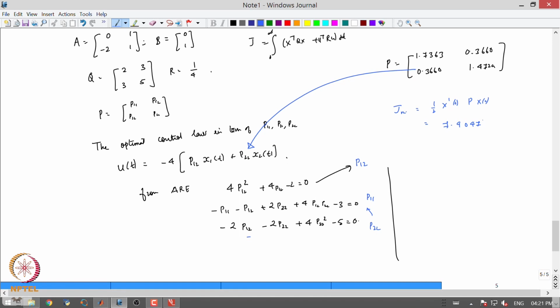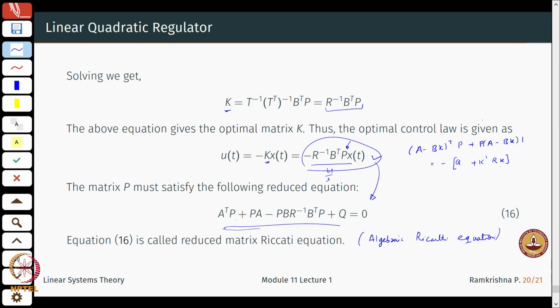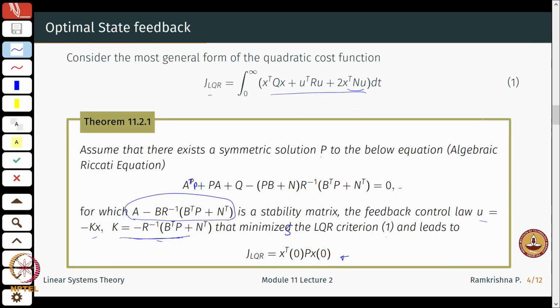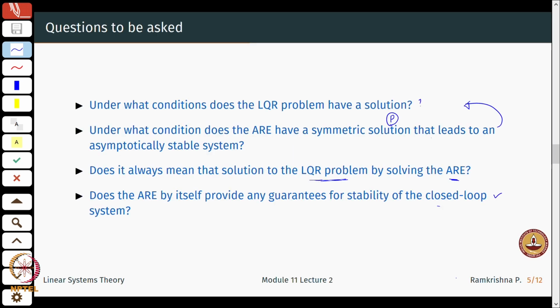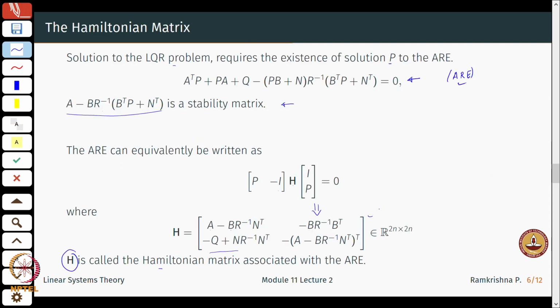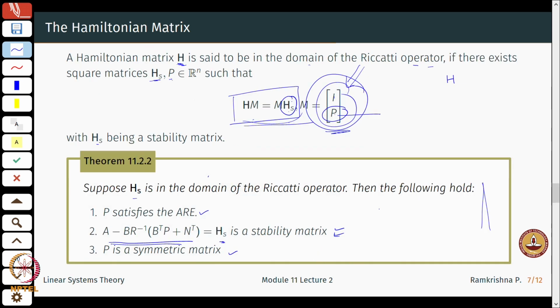Okay. So, again, I am just taking you through the process and seeing what the things we learned yesterday mean. What we also learned yesterday was a very nice-looking thing: we asked ourselves the question, when can we solve this equation? Then we constructed something called a Hamiltonian matrix, and then a bunch of results which